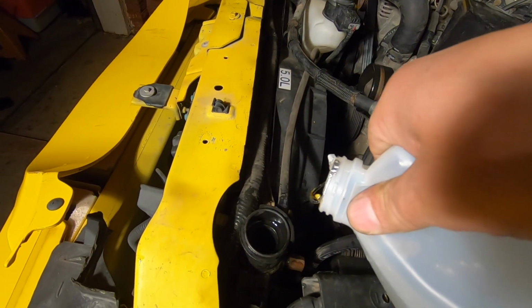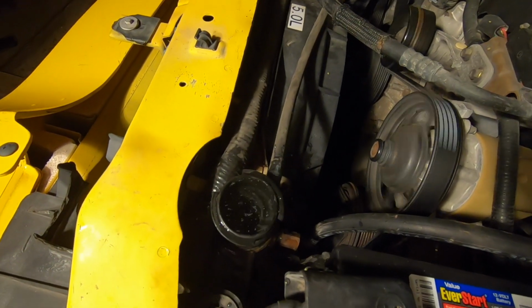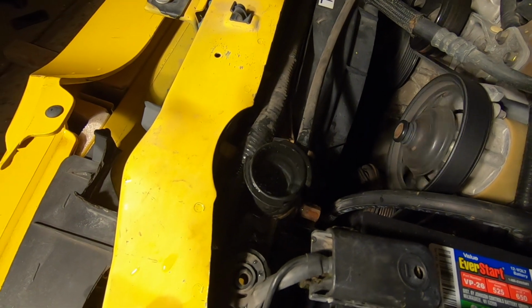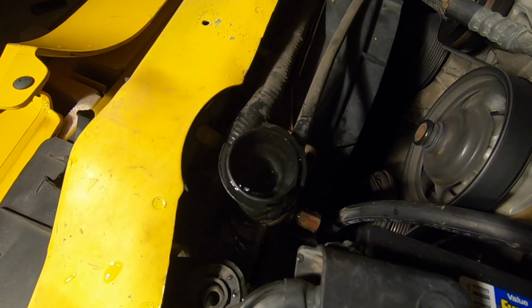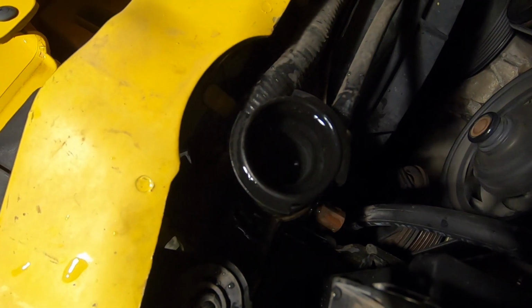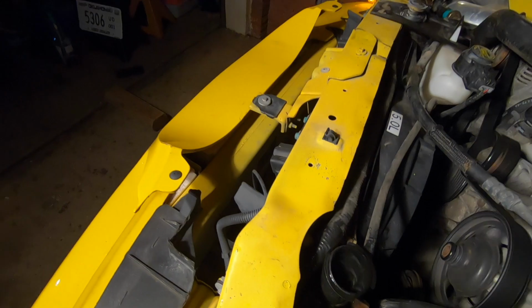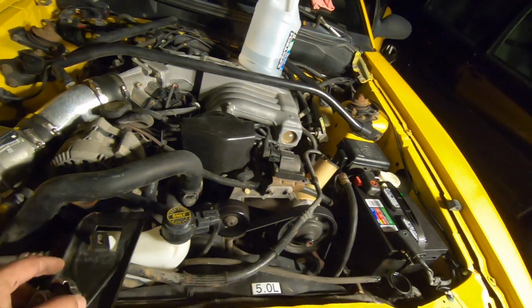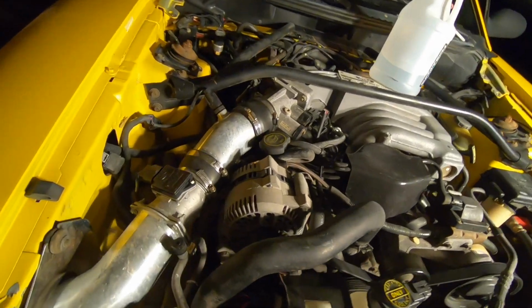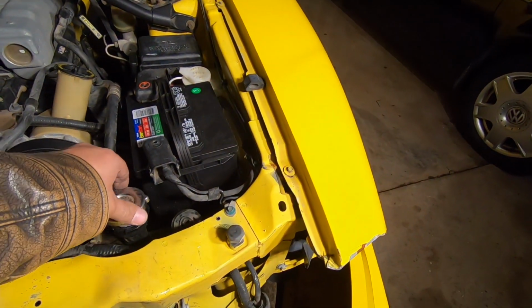It's a little low on water. Let's put some more into it. It's not very low. Not very low at all. I'm also looking for exhaust gases to be blowing or bubbling out. So far, so good. Our new belt is on. New belt seems to be doing all right. Let's put this cap on, and